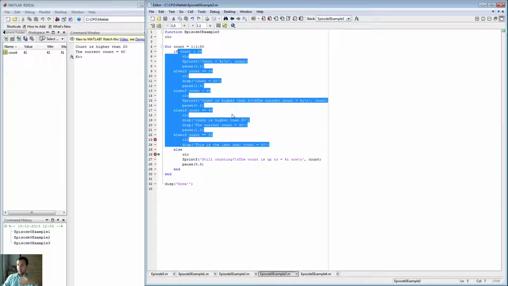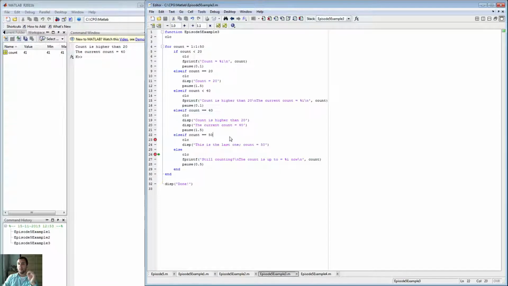It just skips that entirely because the statements are all false. So it's going to go to else, and else is going to print, "still counting, the count is up to 41 now." And of course I shouldn't have done this. That's what you get for copy pasting once again. Yeah, so it will display the count is 41,